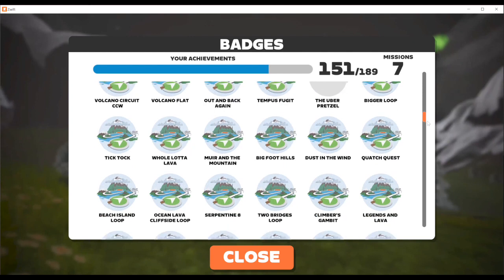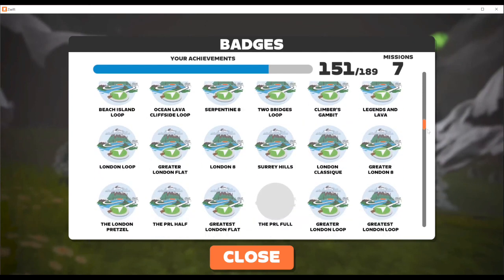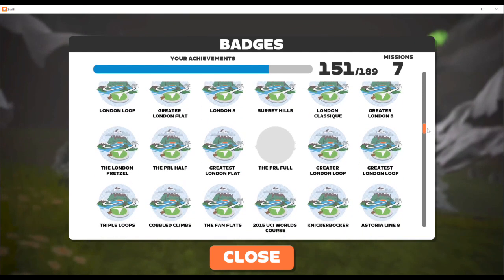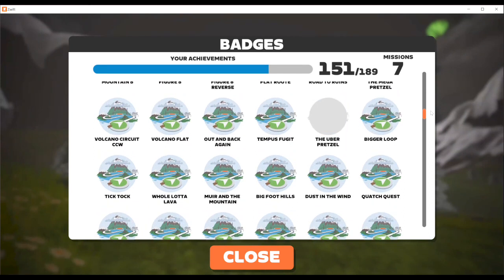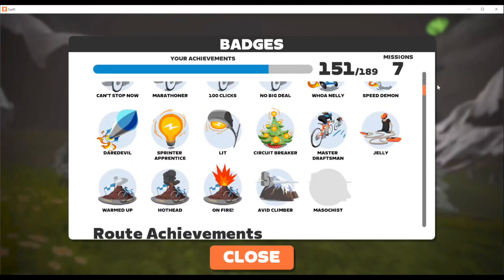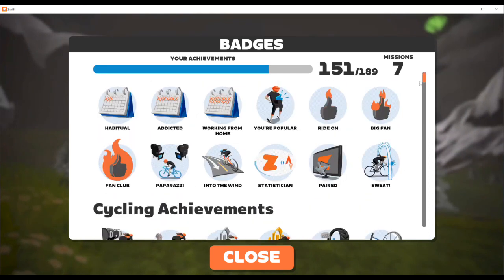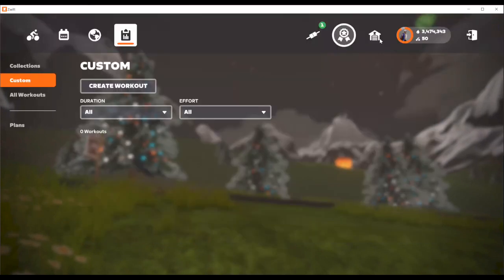I can tell you all the ones that are blank are all the ones that are over 60 miles long. So I've kept the best ones for last. I'll be riding those here. That's part of my winter challenge to knock those longer routes out. I've been riding a century on Zwift every Saturday for the last 3 weeks. So I'm going to start knocking some of these longer routes out as well. So those are the badges.